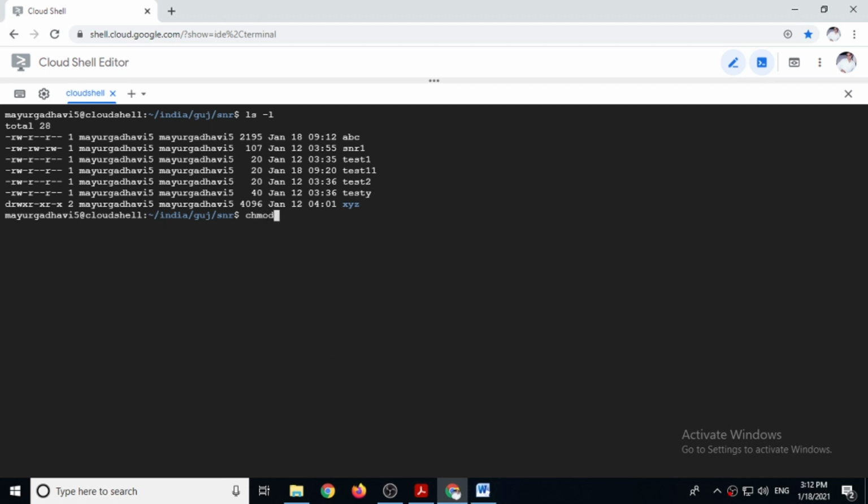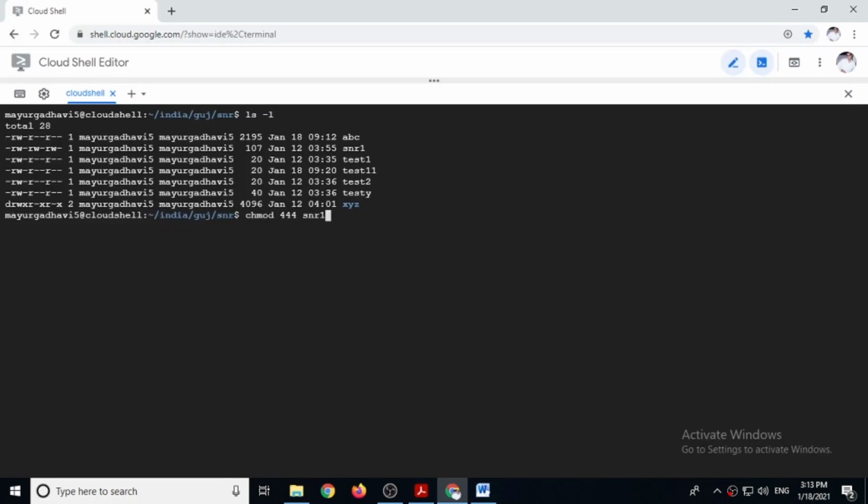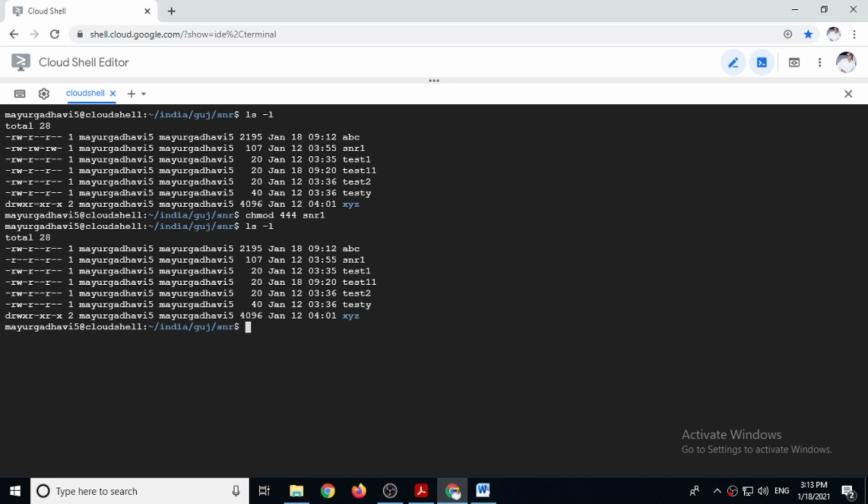For that we have to use chmod, then 444, and then file name snr1. See 4 because we need to give r dash dash, because 4 means 100 in binary. So chmod 444 snr1. Again, when you give ls minus l command, it will show you permission r dash dash, r dash dash, r dash dash for snr1 you can see here.